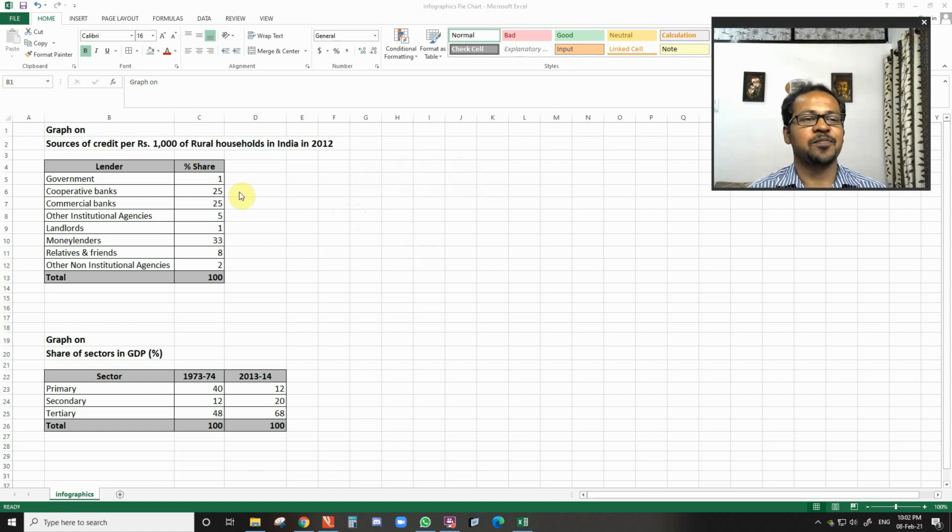Hello students. Now as per the internal assessment policy in economics, we have assigned 5 marks for the portfolio. It means you need to do this activity of infographics and you will have to take its printout and paste this printout in your notebook. Okay, and this carries 5 marks and it will not take more than 15 to 20 minutes.